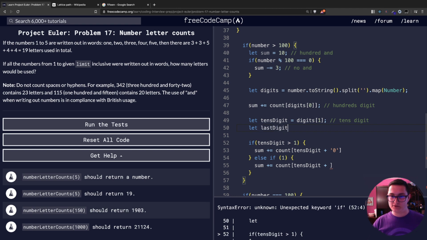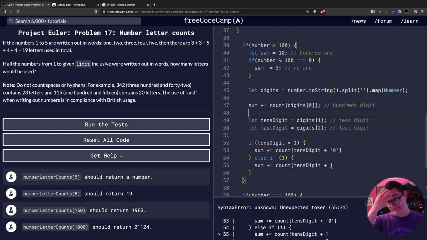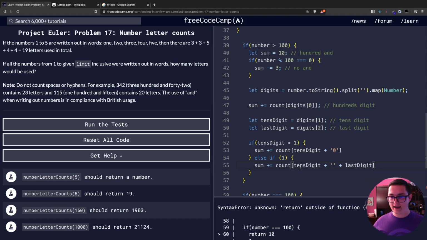I don't know how it's called. So digits of 2. Last digit. So hacky. So hacky. Well, and the last digit, we kind of want to string it. So last digit. So if we have something like 1, 7,